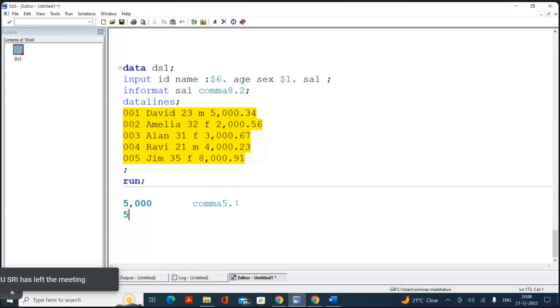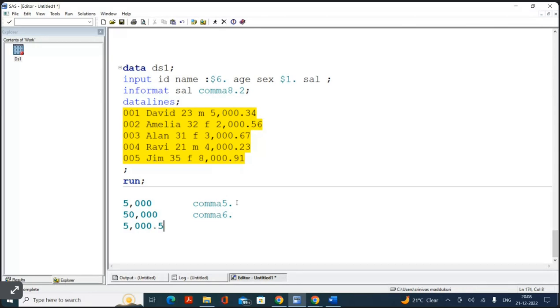Okay. If I have a number like this one, what should I write? Comma 6 dot. If I have a number like this one,